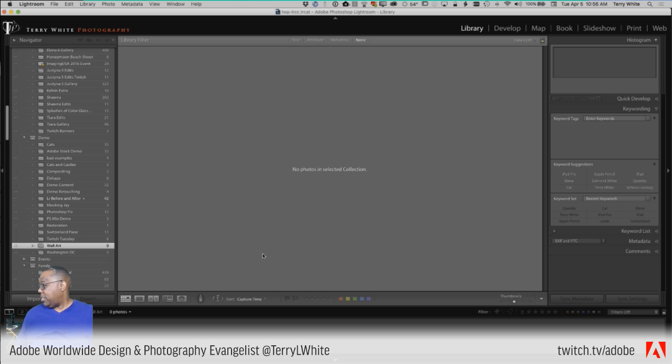And what I'm going to do is take my camera and shoot tethered into Lightroom into that collection, which is a hidden gem. So first and foremost, I take a USB cable and plug it into my computer, which it already is, and plug it into my camera. Hang on for a second here. I need two hands to do this.